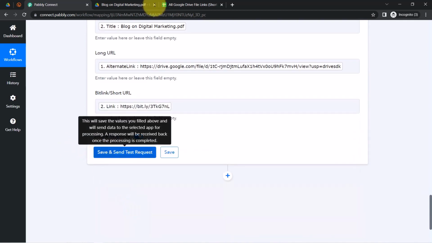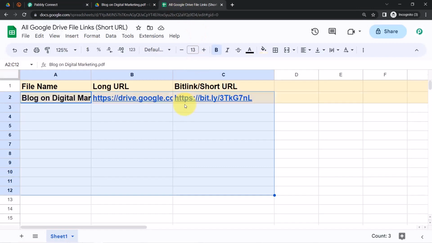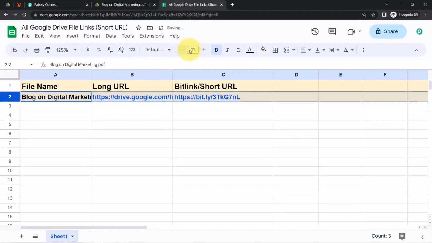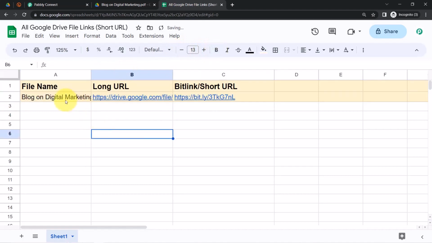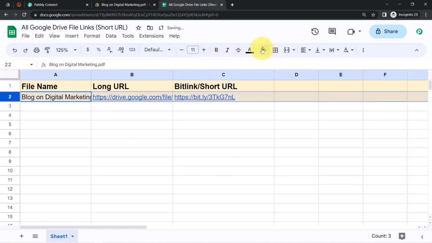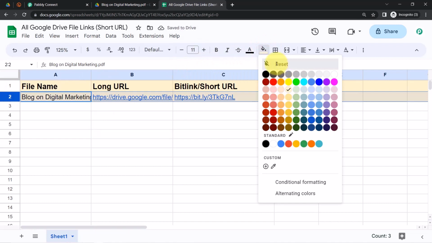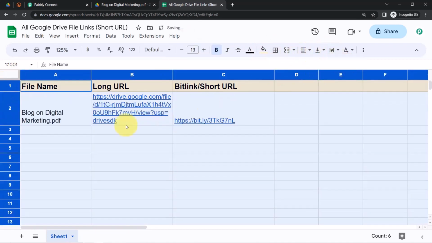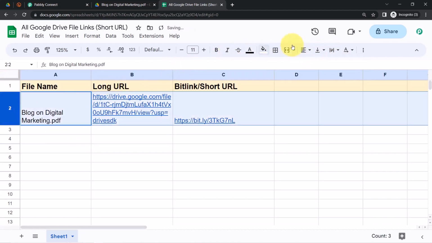Okay, clicking on this button, save and send test request, and you will see how the very same data will be collected into our spreadsheet automatically. Okay, so here we have the file name. Okay, let me correct the formatting of this particular spreadsheet. All right, I think now everything is looking good. Okay, so here we have the file name, here we have the long URL, and here we also have the